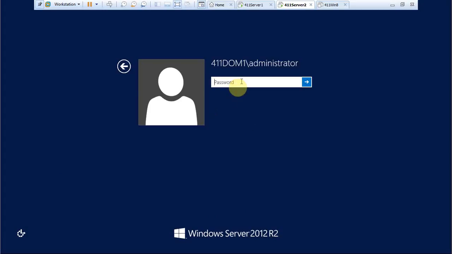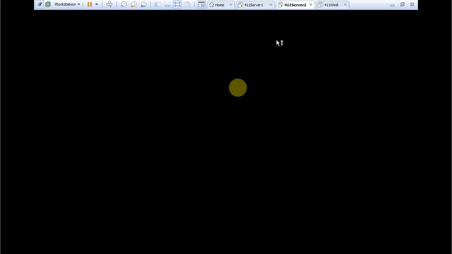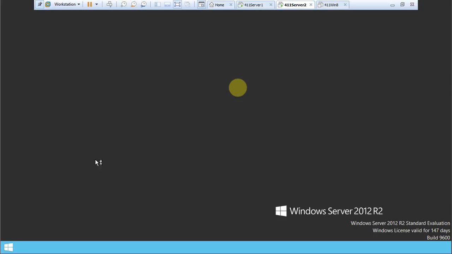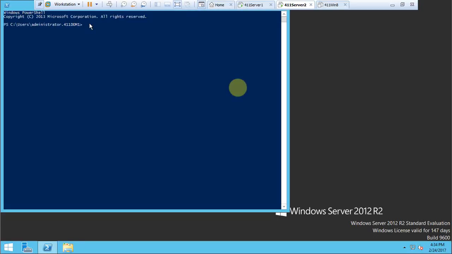Alright, so that didn't take very long. And now we can go back in, and go back into our PowerShell command. And for step 3, it says next uninstall the domain controller function. This command does not remove the role, it just demotes the 411 Server 2 back to being a member server. Type Uninstall-ADDSDomainController